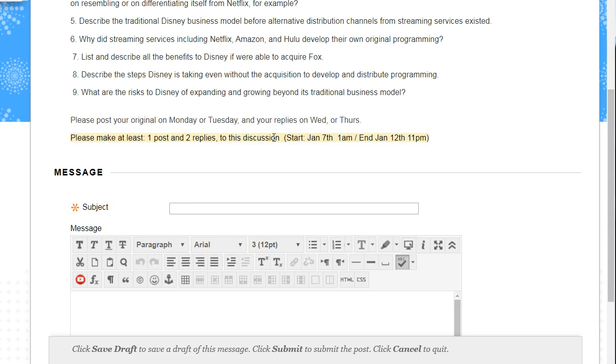So in the discussion board, what we're trying to do here is simulate a class discussion where I ask questions, you contribute your response to those questions, and then you respond to other students' responses with additional input that may help clarify and enhance the discussion. So think of us in a classroom having a discussion about a current event